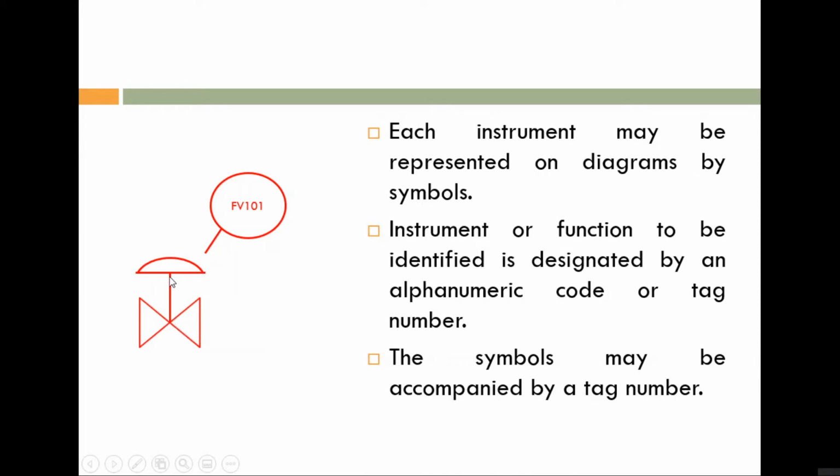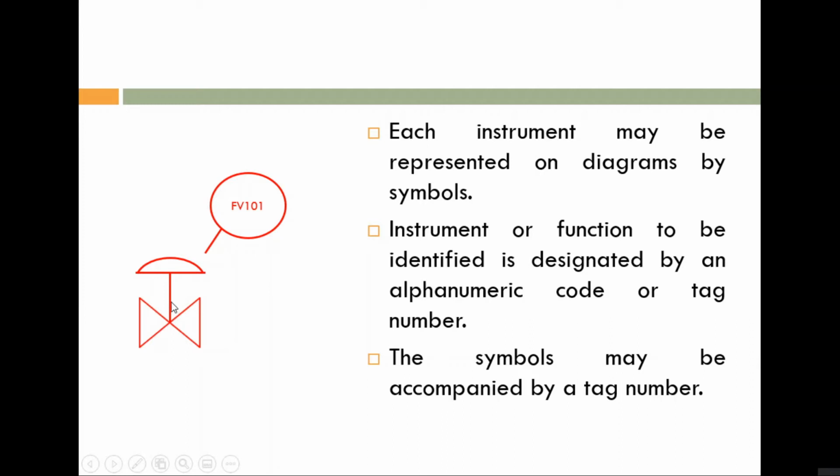This one is a symbol of diaphragm actuator. Then above that you can see a curved one. This is actually pneumatic, means we are using pneumatic signal. So this one is a pneumatic actuator. So this is actually a pneumatically actuated control valve, a pneumatically actuated diaphragm control valve. And one more thing, if we don't know the type of control valve, we use the same symbol.